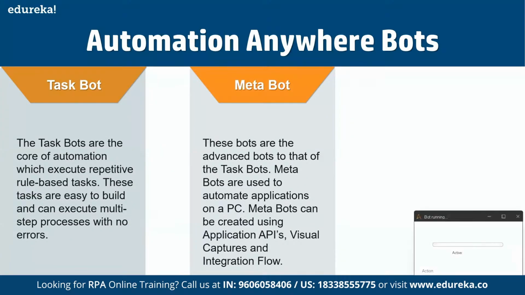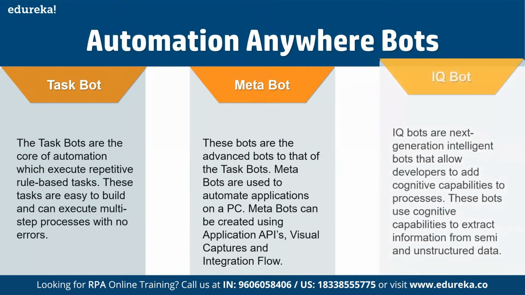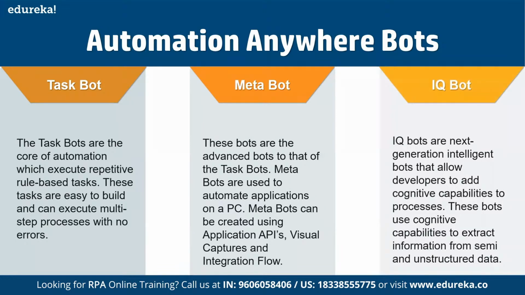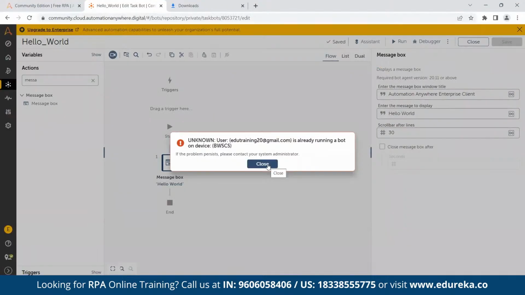Metabots are advanced bots which can work with different applications, and they can be created using applications, APIs, visual captures, integrations. IQ bots are next generation intelligent automation bots which possess some cognitive capabilities, and these bots can extract structured or unstructured data. So over here, if I show you, the automation that we ran,